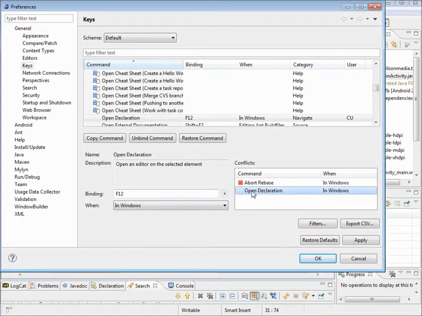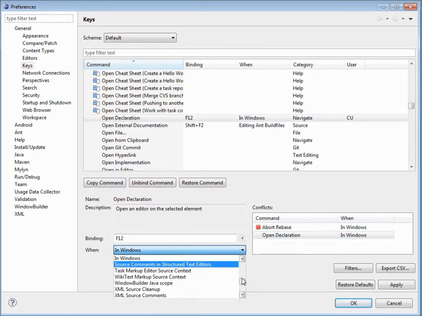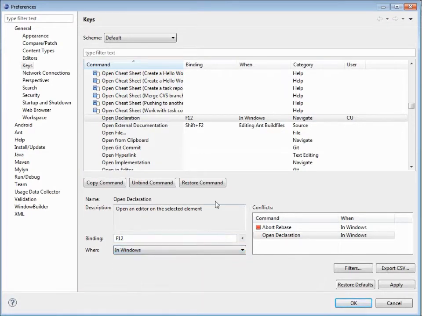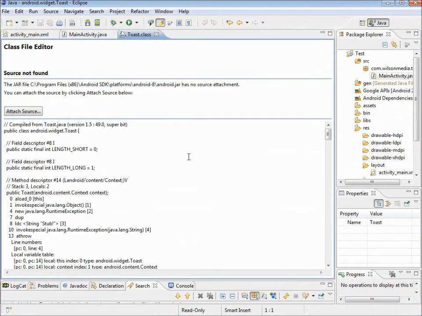You can actually click on this to go to the different declarations as well. So, why is this not doing that? In window, oh well. I like it as Control B. So anyway,